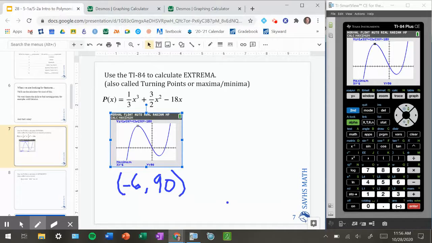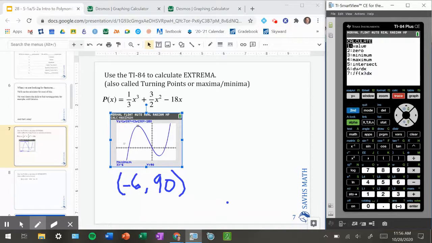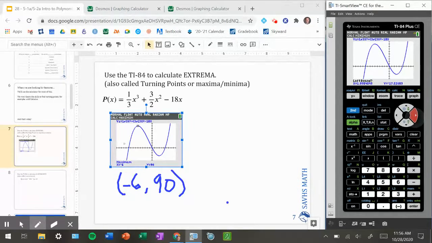Okay, let's do the other one. We're going to do second calculate a minimum now. There it is. And to do that, we're going to look for this point down here. So we're going to scroll over to the left side of it, hit enter, scroll over to the right side of it,